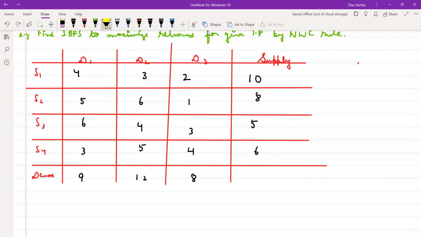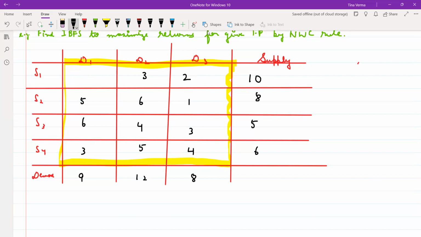Either you can multiply every cost with the negative sign, or you can choose the highest cost from these cells. Don't consider supply and availability, and subtract every cost from the highest cost. So what is your highest cost over here? 6. So when you will do 6 minus 4 here, what will be your